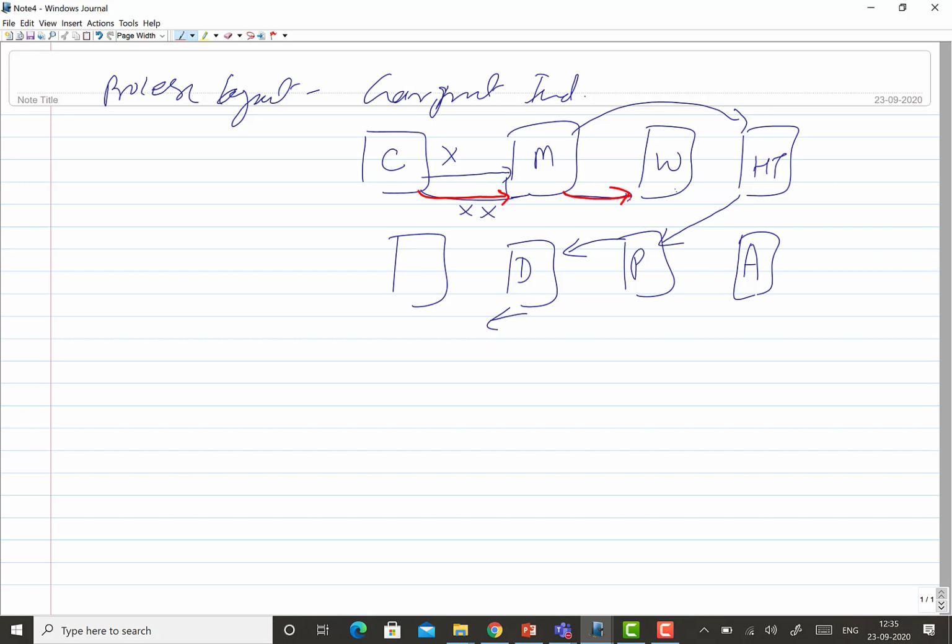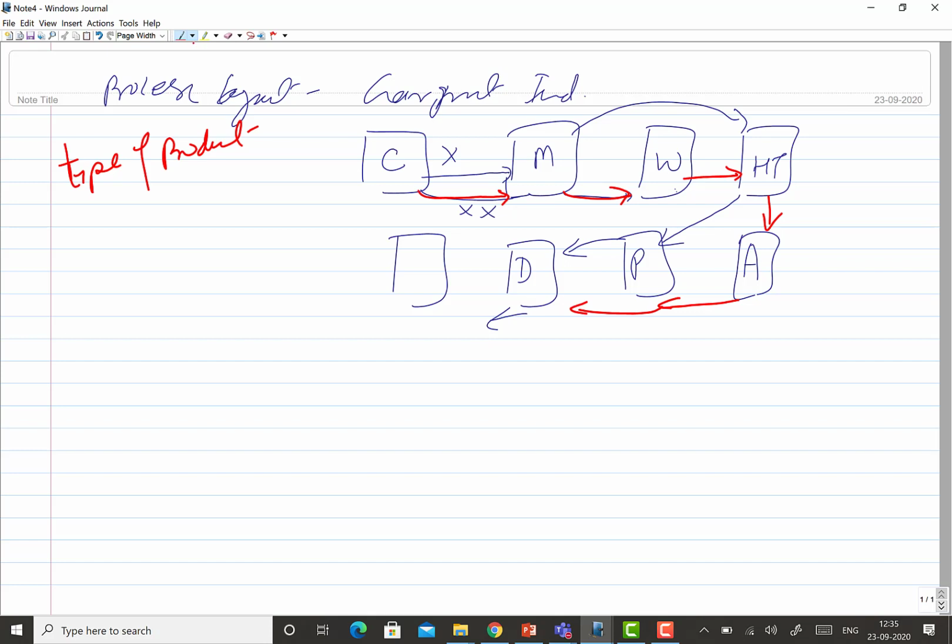Then it goes into the welding section. After the welding section it goes to the heat treatment section. After heat treatment it goes to the assembly section, then the paint section. So depending upon the type of product, different routes can be followed in this kind of setup. So this is good enough for small volume and wide variety kind of production setup.